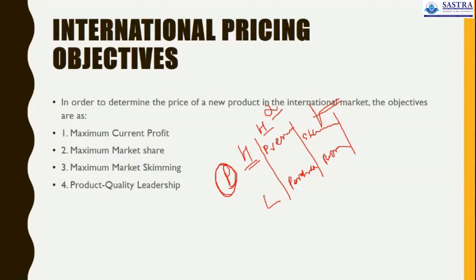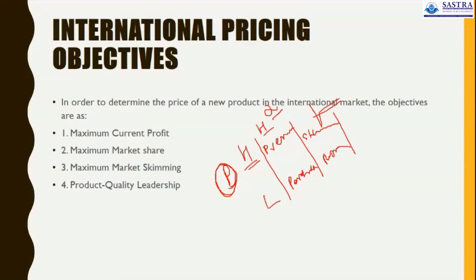In that case the pricing strategy may differ. In that category, they go for FOB pricing, free on board pricing, or CIF based pricing, cost, insurance and freight, which may differ. Then there is delivery duty paid, DDP. In the delivery duty paid category, the responsibility of the seller increases compared to the buyer in the market. These terminologies decide the contract in which the exporter or the importer is involved, and accordingly the pricing strategy is decided.